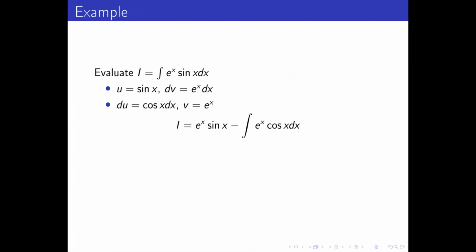And so the integral of v du is going to be e to the x cosine x dx, because the derivative of sine is cosine. And now you realize that you get almost what you started with. So you may think that this is not going to work. However, if you continue,